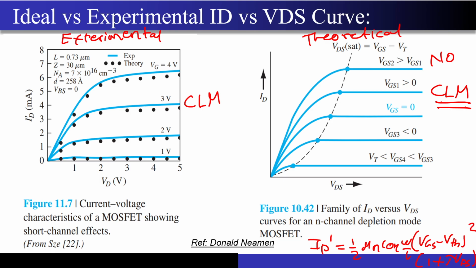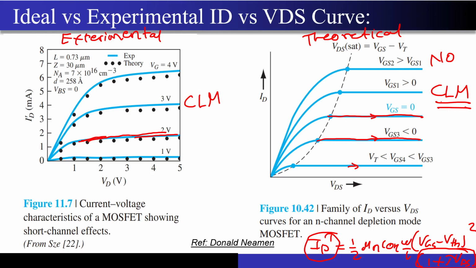Now this ID dash has some dependence on the VDS, right? So if I keep on increasing the VDS, I should be able to see some change in the ID. But what you are seeing over here, your ID is completely flat. It is not dependent on your voltage between the drain and source, right? But if I keep looking at the left diagram, you can clearly see that this curve that you are seeing over here